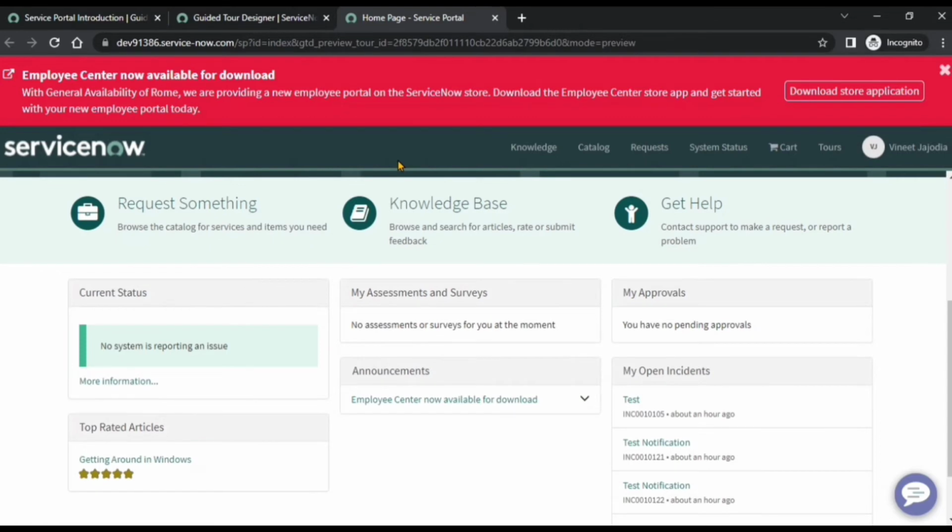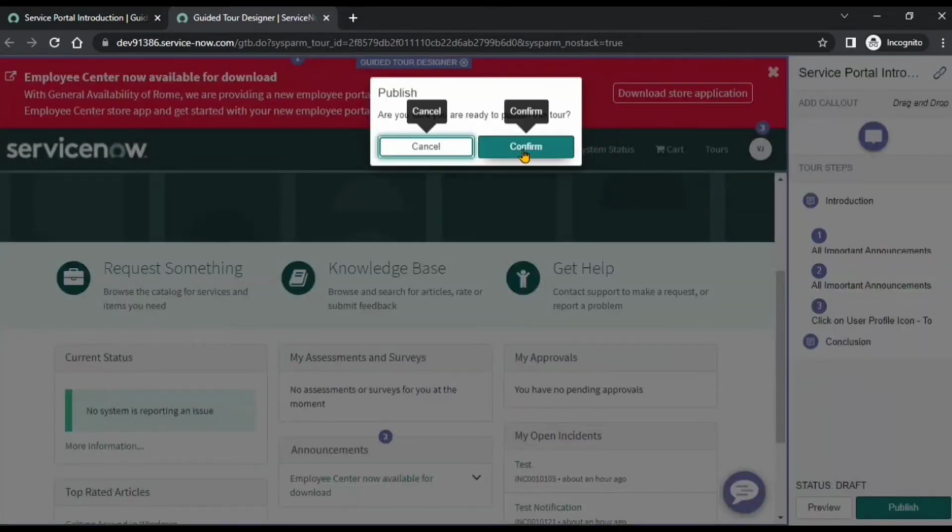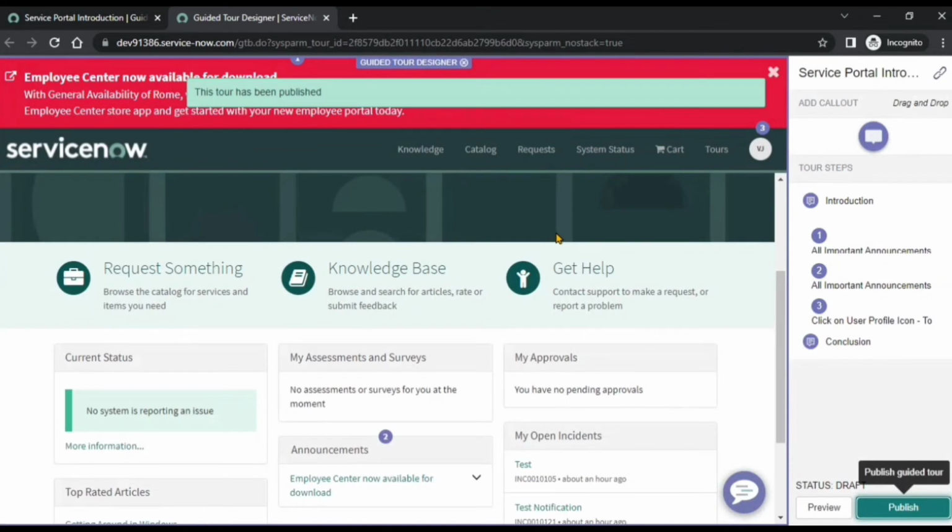Now what we are going to do is that we are going to publish our guided tour. So we are going to close this tab, and in the guided tour designer we are going to click on publish button. Okay, confirm. This tour has been published. This is our confirmation message. Now if we play this again,